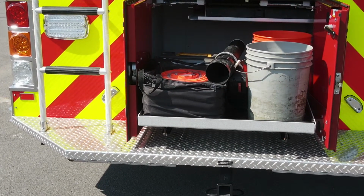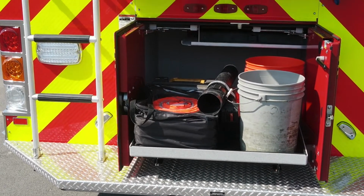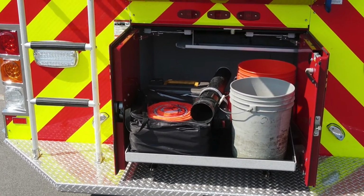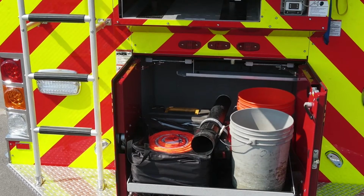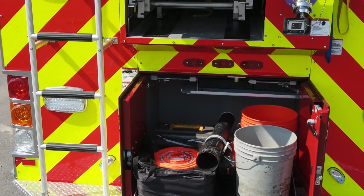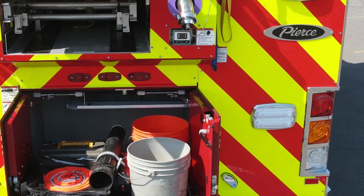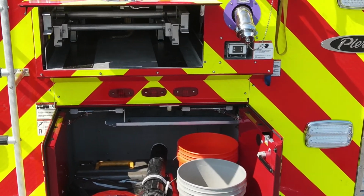And back here is going to be our highway compartment. This is where we keep in our cones, our brooms, kitty litter, ice melt. The blower is back here. So anything that has to do with MVAs in the highway. Right above that was your ladder compartment. It's got a 35-foot extension ladder, a 14-foot roof ladder above it,